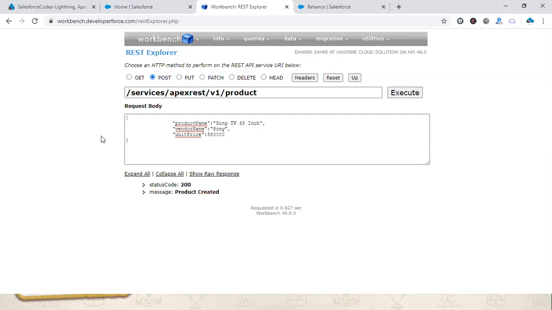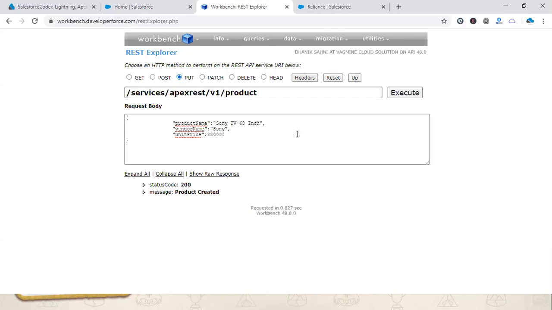Okay, let me give you a summary for this post. For any information about post, put or patch, for every request, we should validate the data first. If the data they are giving is not valid, we should give a proper response. If we are not giving a proper response, the caller will not be able to identify what happened with their request, so it is very much required. When we create a new request and it is successful, we get status code 200 and the message that the product is created. Similarly, you can give an error response like 400, 300 or 500 based on your logic.